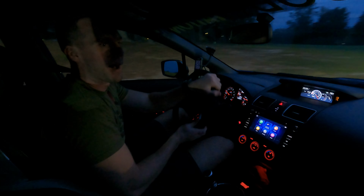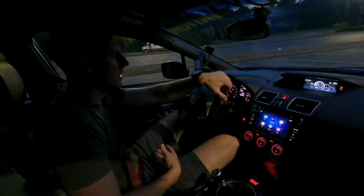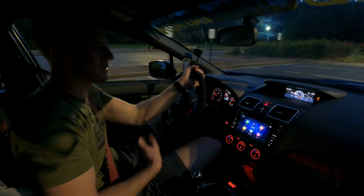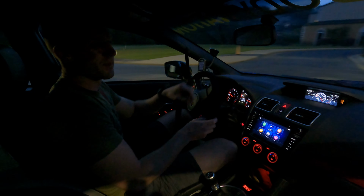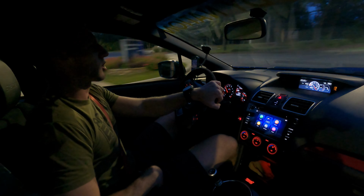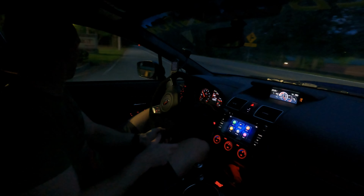Alrighty, only got a couple minutes left on the memory card. Just stopped by to see the nice Stage 2 WRX. Got a Stage 2 STI short block in it, obviously. STI, or did I say STI? I meant IAG. So definitely eyeing up those IAG blocks. I know people are freaking out, but I'm thinking with this car, we're honestly probably gonna end up just turning this thing into a race car, and